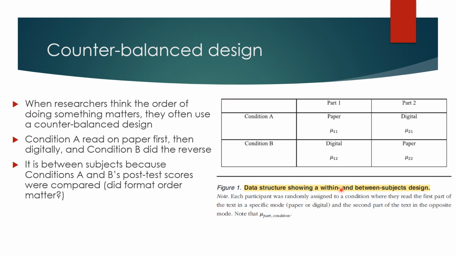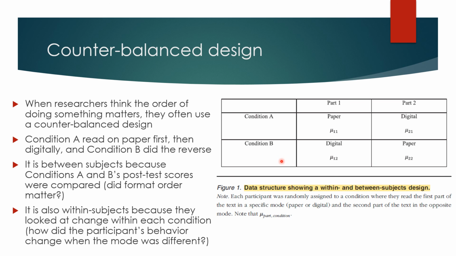So we can look at this table to see how the study is both a within and between subjects design, like they tell us. So it's between subjects because we are comparing condition A and condition B's post-test scores. So does it matter that you read on paper first versus reading digitally first in terms of what you did on your post-test? And it's also within subjects because they looked at the change within each condition, particularly for what